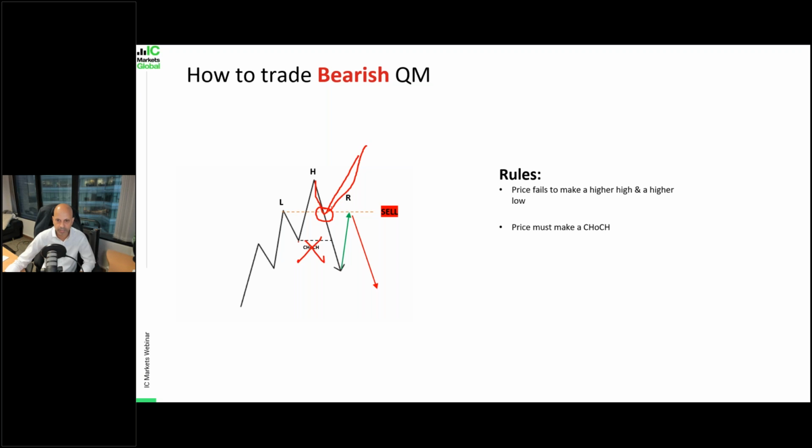So there's no change of character, and this is not a valid bearish pattern, right? But because price has reversed lower and gone below this previous low here, that's why we have the change of character, right? We have the change of character. So now, should price continue to reverse?